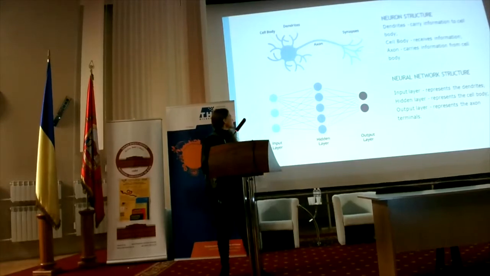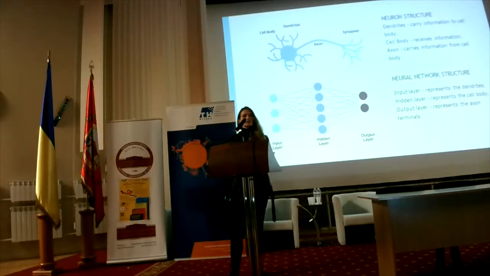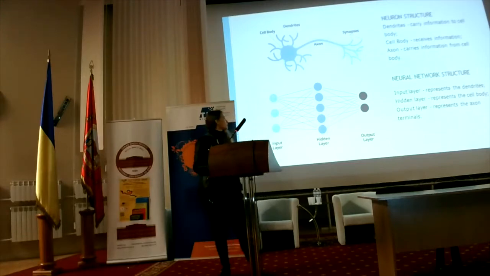So the first is the input layer, which represents the dendrites. The second one is the hidden layer, which represents the cell body. And then the output layer, which represents the axon terminals. Inside the hidden layer neurons, the main mathematical processes occur, which take the inputs and process the correct output. So let's take a look